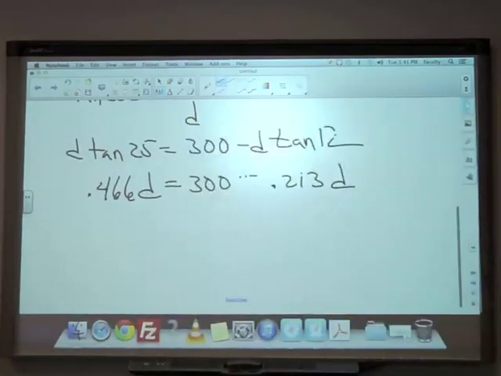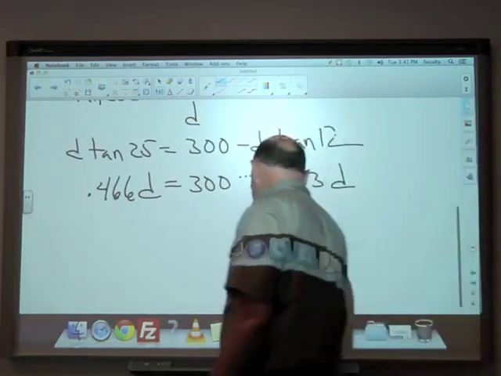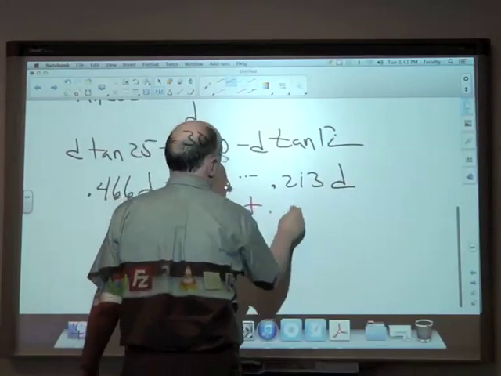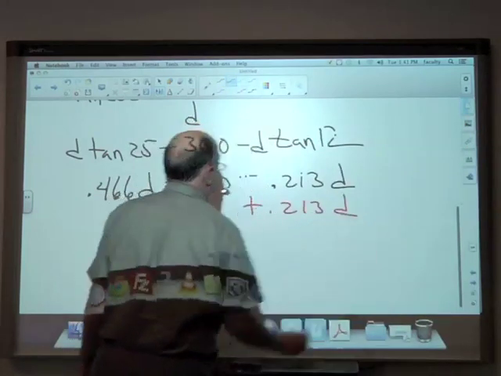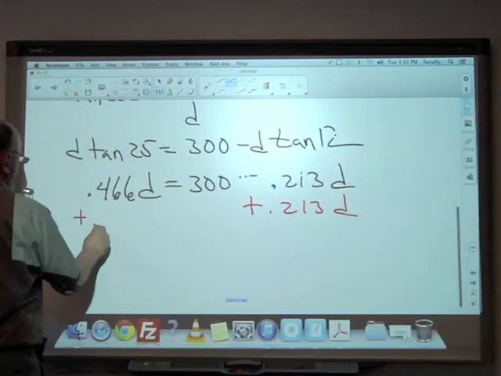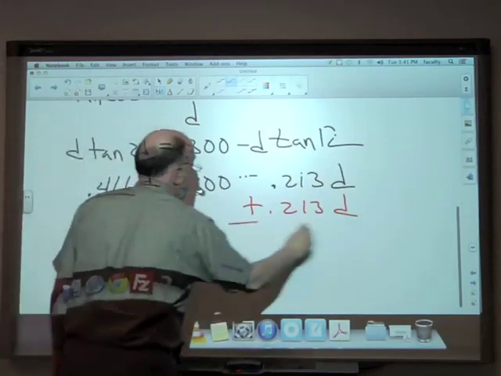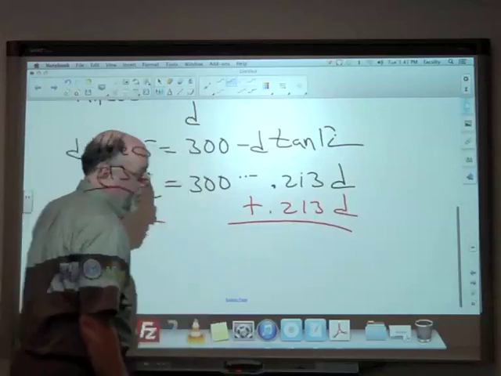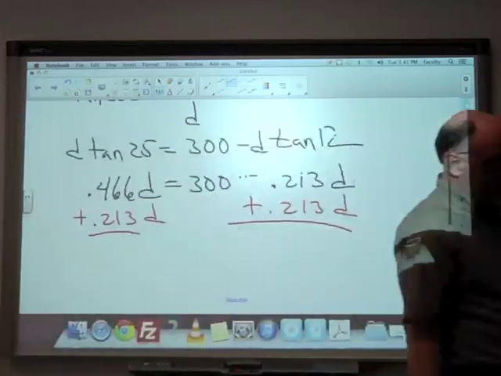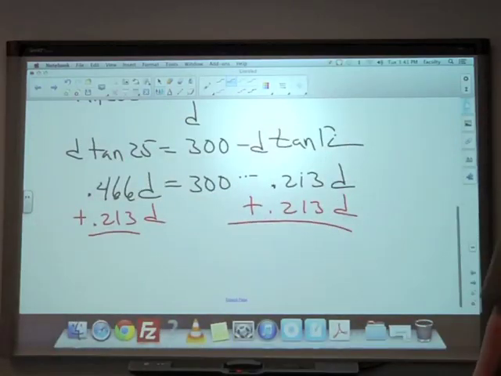Well, this is now just simple algebra. Get the D's on both sides. The opposite of subtracting is to add. So we end up with